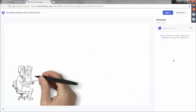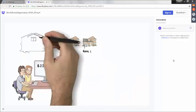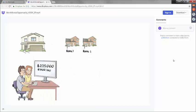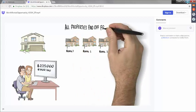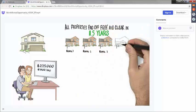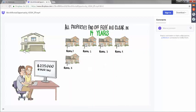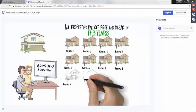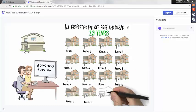So, keeping it simple, they added another $225,000 rental property into the program at a rental income of $1,400 per month. Following the system, our homeowners found that all their properties, including their third rental, could be paid off in just 11.5 years, and their 4th rental in just 12.8 years, and their 5th rental in just 14 years, and so on, up until their 15th rental, which could all be paid off, including their primary home, in just 20.4